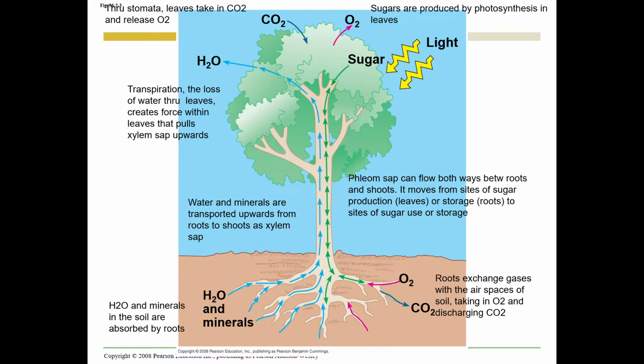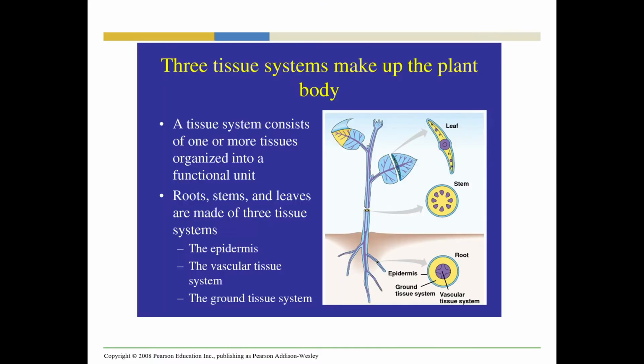And then you have xylem that brings water and minerals that it absorbs from the soil up to the rest of the plant. As far as what pulls the water up, it's kind of a vacuum effect caused by transpirational pull from the loss of water through the leaves. It actually is the driving force that brings that water and those nutrients from the roots back up to the top of the tree through that xylem